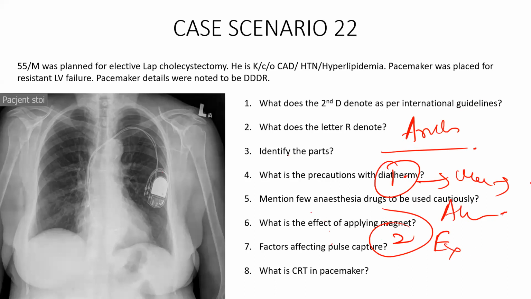Second thing, when that is not working, you have to do an external defibrillation. When you're doing an external defibrillation, make sure the electrodes are placed at least 15 centimeters away from the pulse generator. So when one electrode is placed on the right chest wall, the other paddle can be placed behind, or in the lateral wall, such that it is 15 centimeters away minimum. That is an important precaution, because otherwise it will damage the lead and the pulse generator.